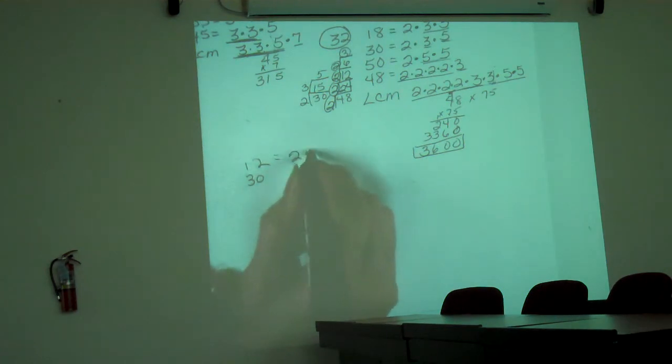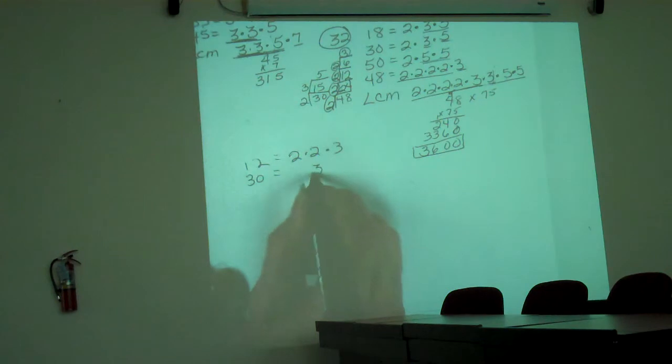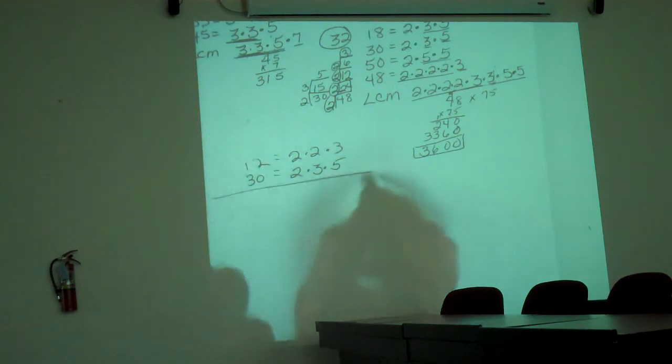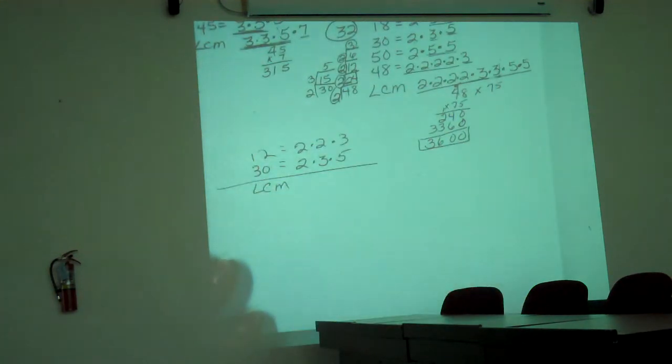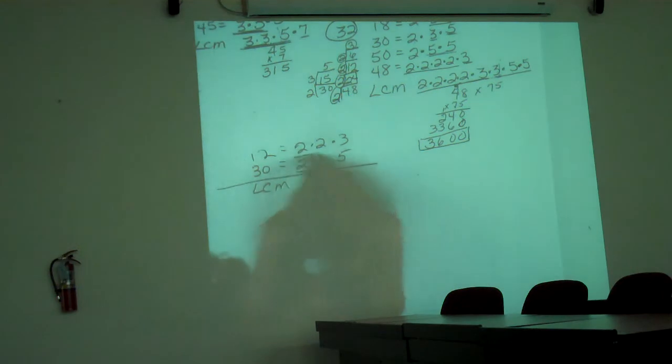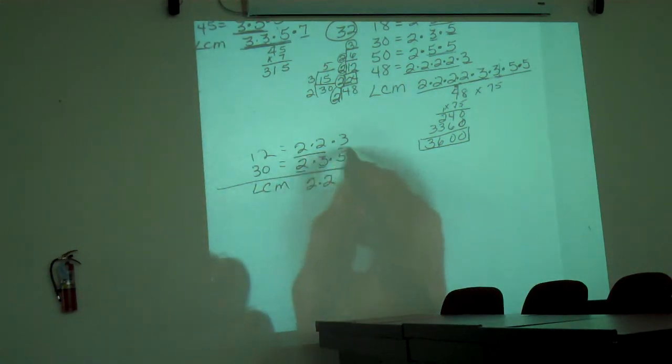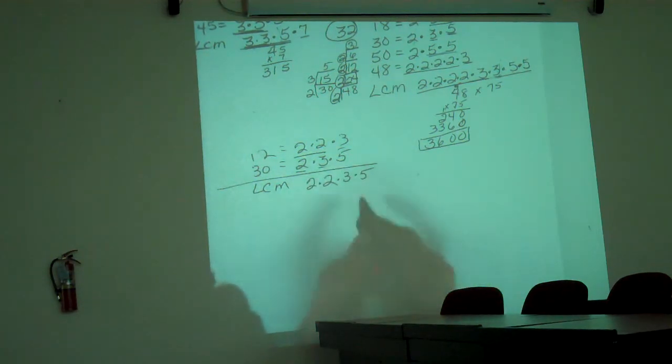12 is 4 times 3. 30 is 3 times 10. So there's your prime factorizations of those two numbers. What's your least common multiple? The 2 needs to go 2 times, right? You need the 3 1 time, and 5. So you got 6 times 10